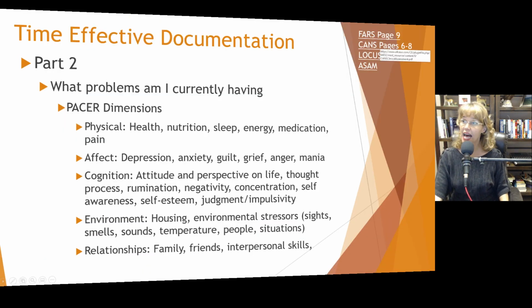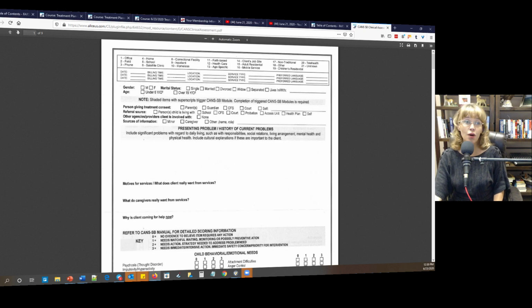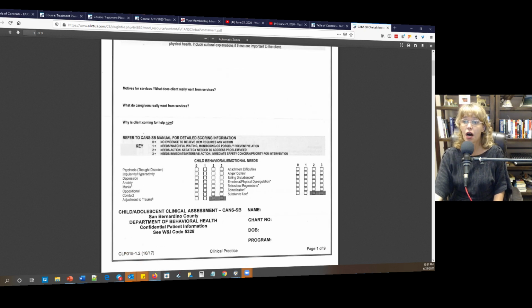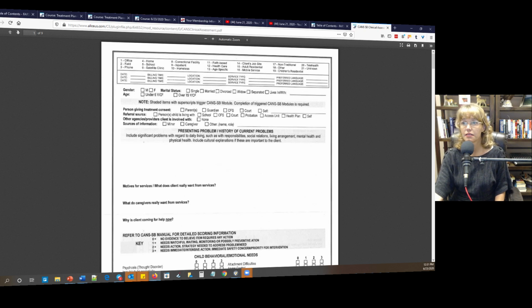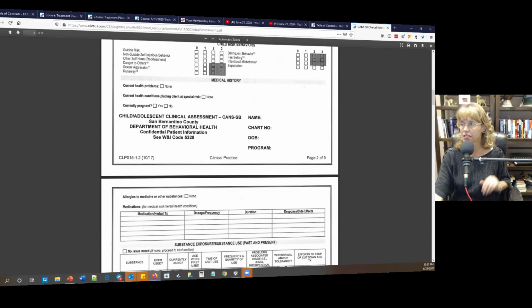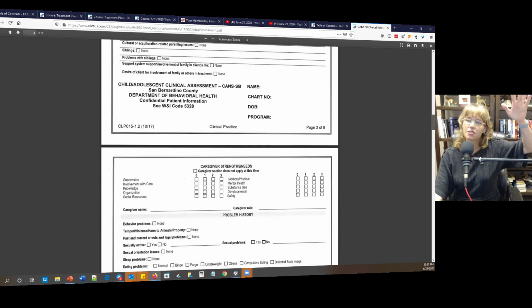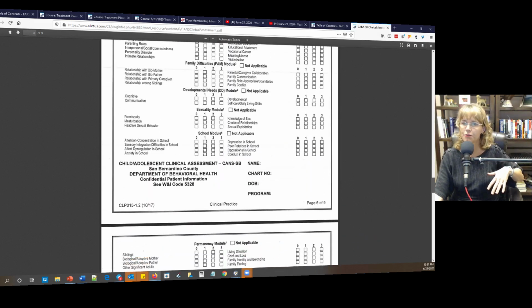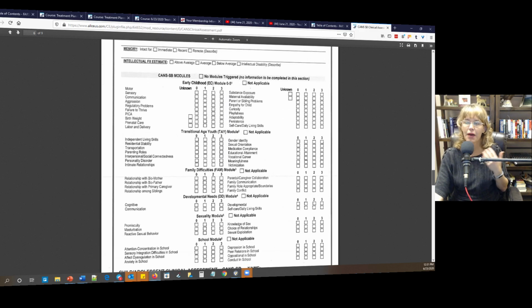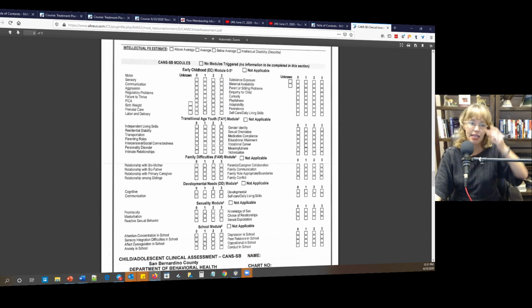Now the CANS I have not personally used, but it is one that is very popular now among a lot of different agencies. We'll scroll down here. There's a lot of stuff beforehand, but I'm just going to scroll down to pages 6 through 8. You can look at these in your classroom. I know the type is really small right now, but I just want you to see what we're